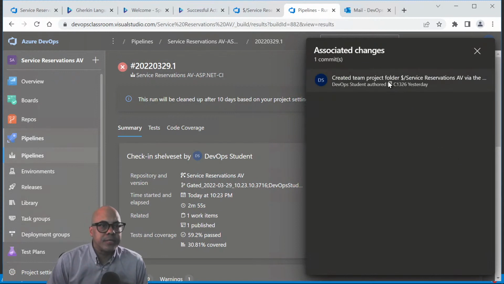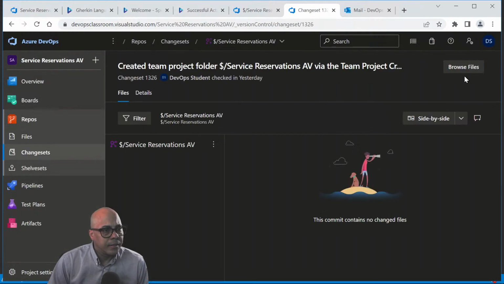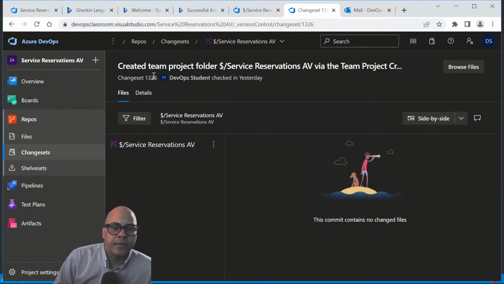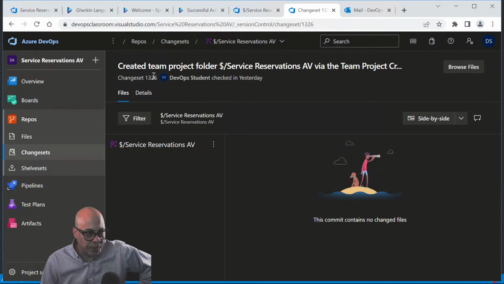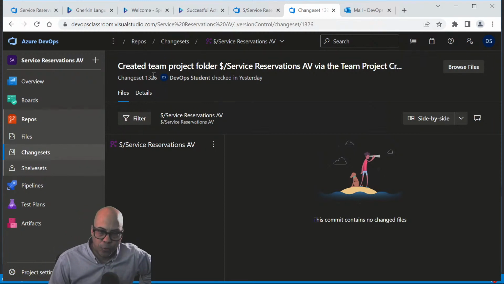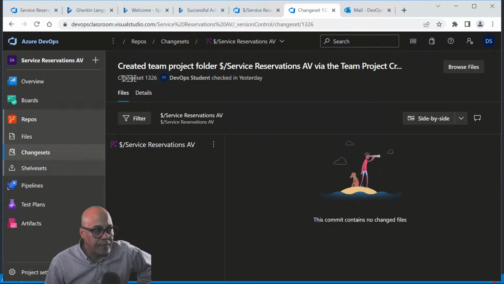where we should be able to see, maybe not. Yeah, we should be able to trace that all the way back to the check-in that was associated with the work item that we were working on when we checked in. So that's why I like to associate the check-in with the work item that I was working on. So if something does go horribly wrong, if there is a test failure, I can trace it back and figure out what the work item was that this person was working on that caused the failure to occur.